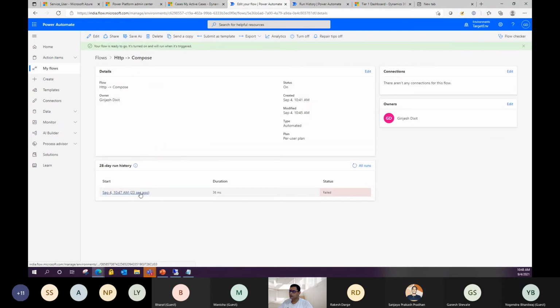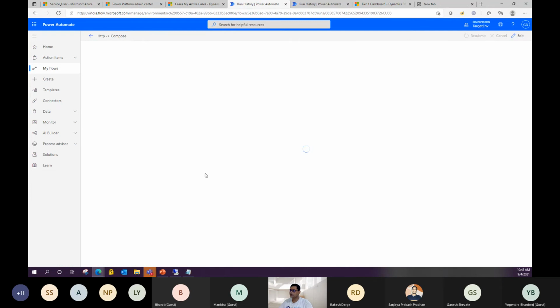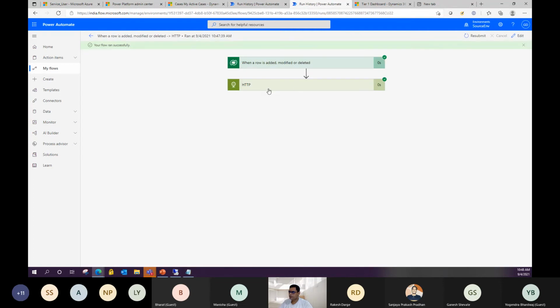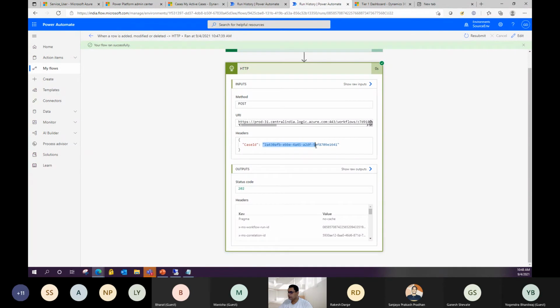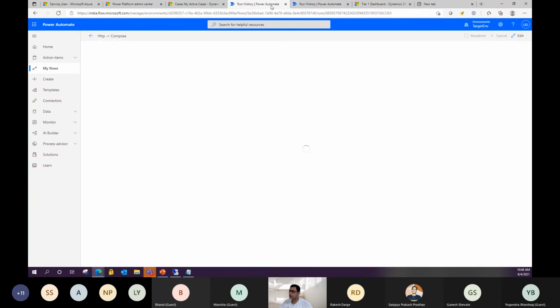This also invokes this one. It's a fail. Okay, I'll check why it's failing. So this is the case ID that we have created in a source environment.